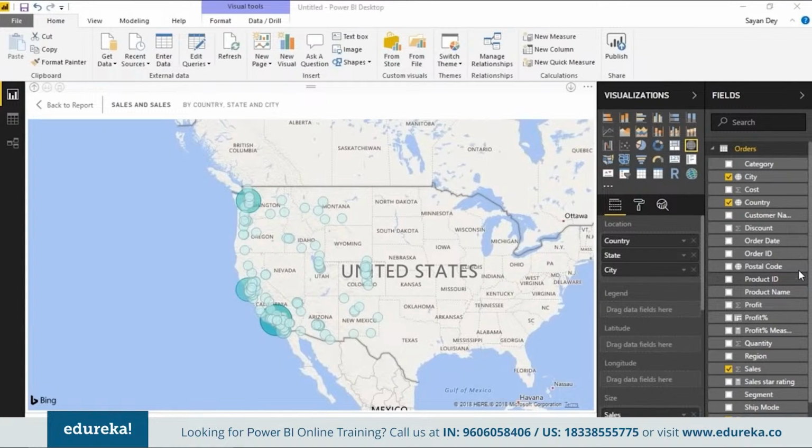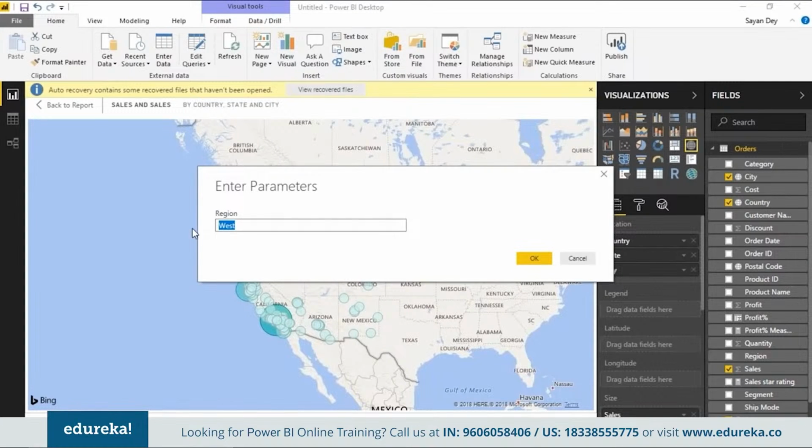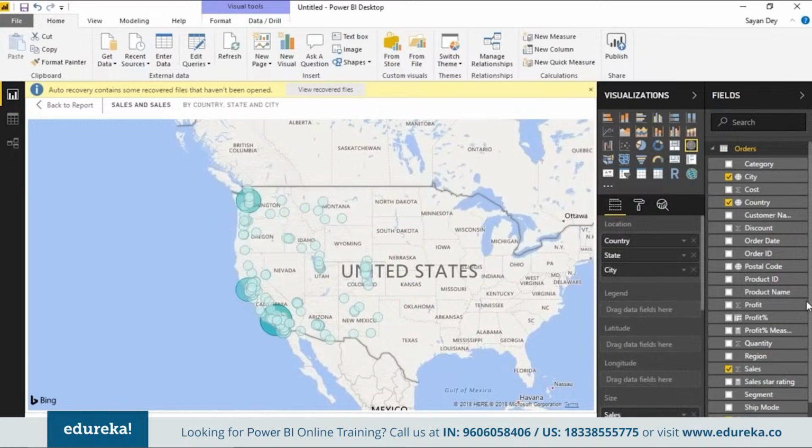Okay, just to quickly clarify this once again, where do you set the edit parameters? Remember, parameters is something I applied just a while back, and you can further look at the visualization layer. You can further go to edit queries, go to edit parameters. You don't have to open edit queries, just go back here and set it as east or west or central, whatever you want to set. This is east now, click on OK, and you will see now this whole thing will automatically go ahead and convert to east.